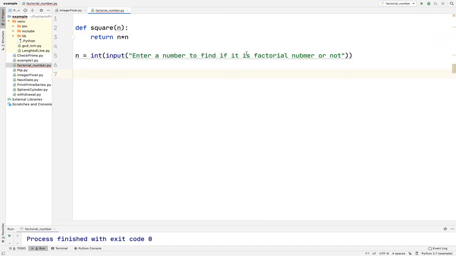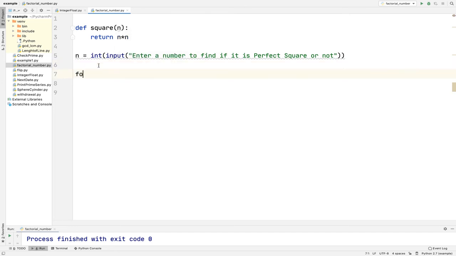Now what we will do to find if it is a perfect square or not. I will enter a number n and try to find out whether it is a perfect square or not. Over here I have taken this value as n and also this as n. So remember, in a function this is a local variable, so these two n are different from each other.